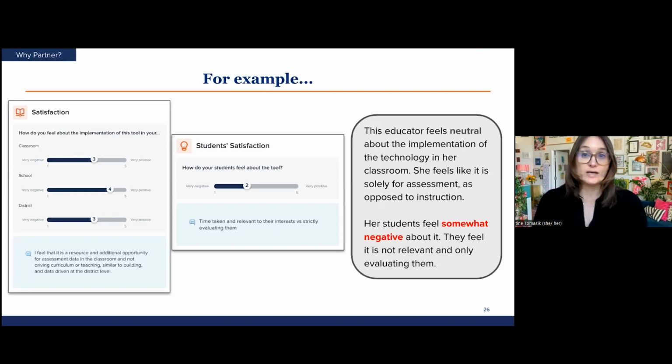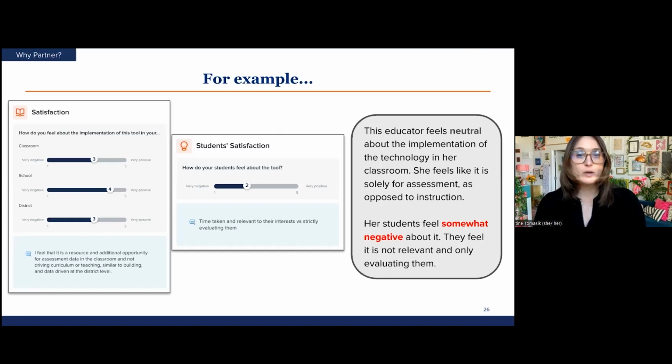These data suggest that educators feel that the school is more satisfied with the tool implementation than they are with their classroom implementation of the tool. Educators also report on how they think the students feel about the tool, which in this case is somewhat low with a 2 out of 5.